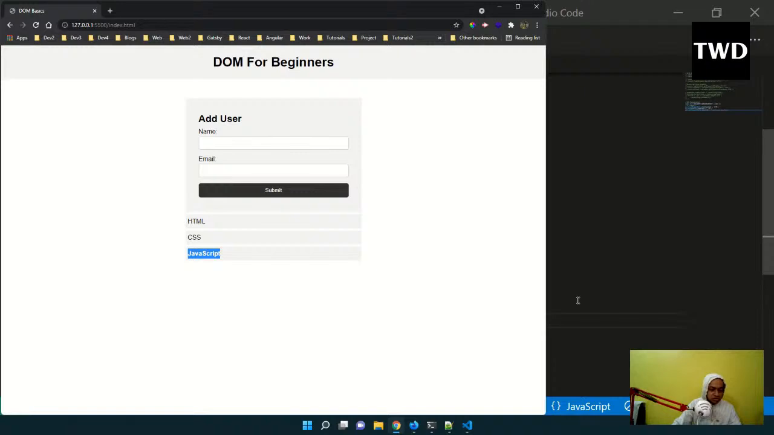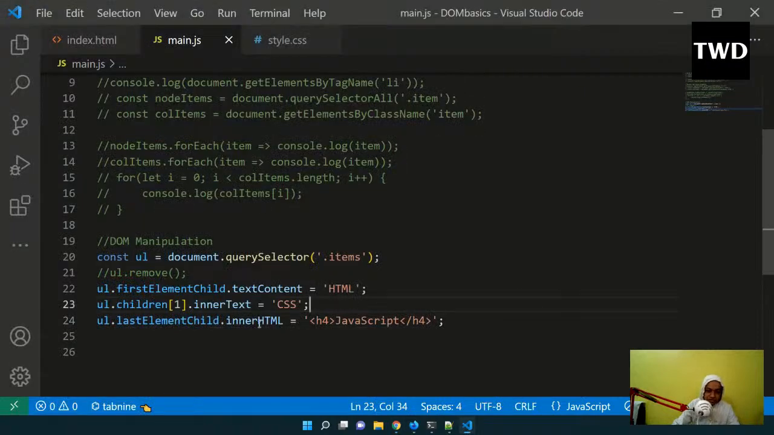Okay, so what is the difference? This is not innerText, this is not textContent, it is innerHTML. So you can give HTML also in this. When we give innerHTML, you can give any HTML. Okay, so now we are going to